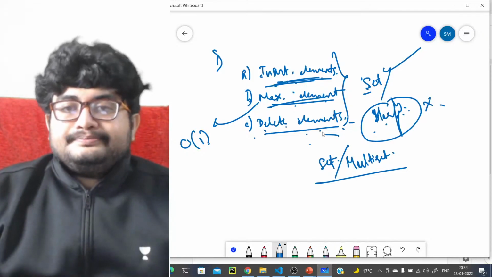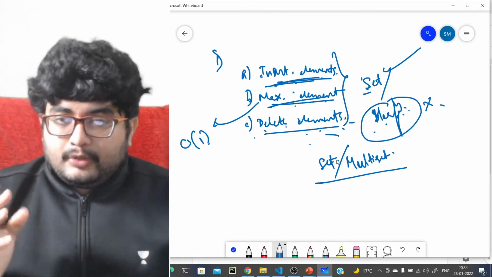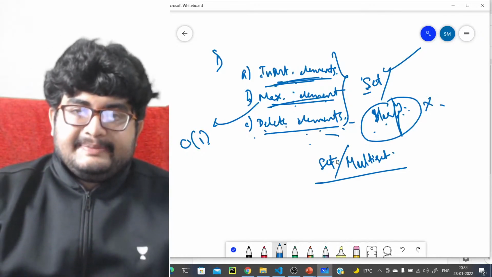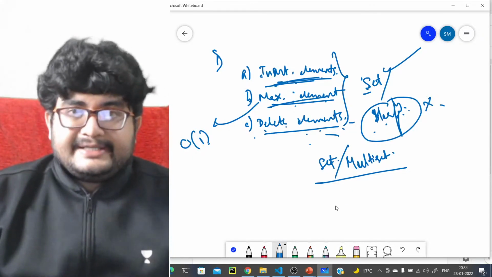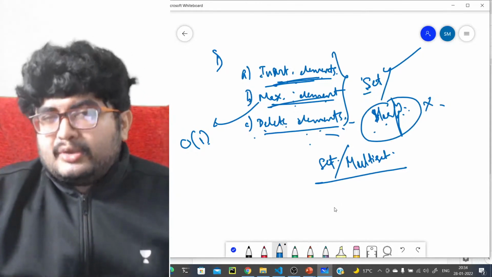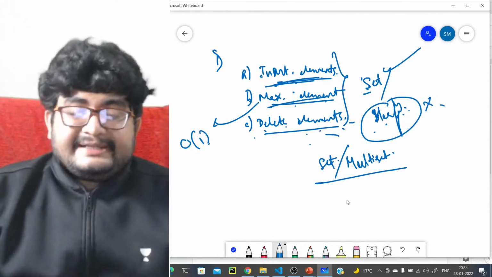Okay, so there is one more trick actually. There is one more trick. If you don't want to use a multi-set, right? Although it makes more sense to use a multi-set. In some cases you have to use multi-set, but in case you don't want to use multi-set because it's just the frequency, right? I'll tell you a trick here.